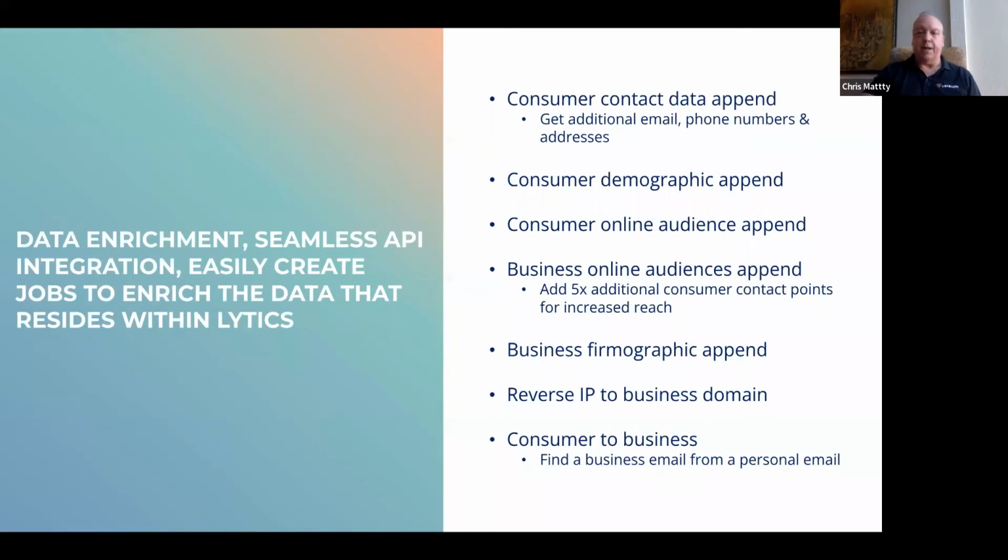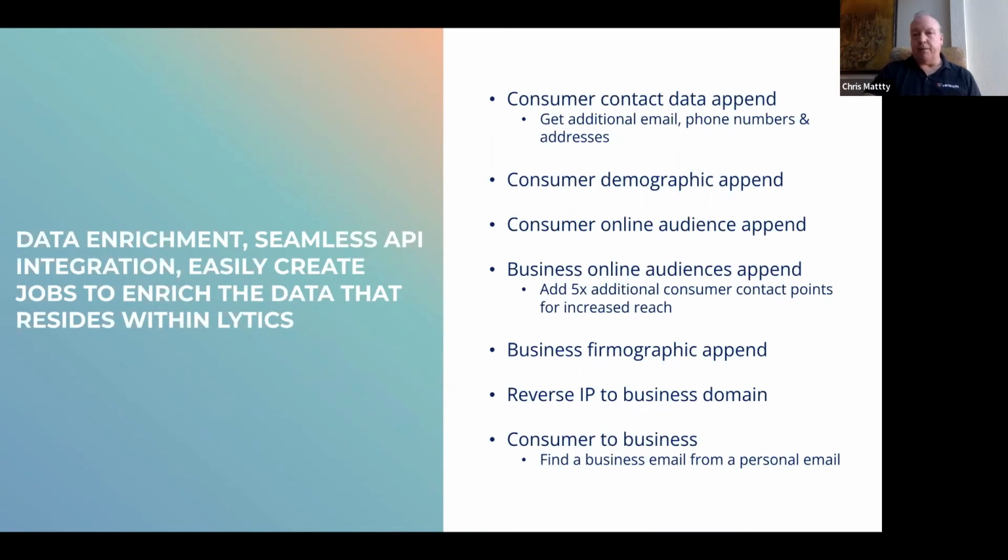Consumer contact append, which is the ability to enrich the first-party data with additional contact points: emails, phone numbers, addresses. The use case here, for example, is we've got people who come to us and say, we've got 50 million members across 30 million households, but we only got 8 million emails. We want to get more additional emails because we want to communicate to our customer base. So we can add additional contact points for direct communication.